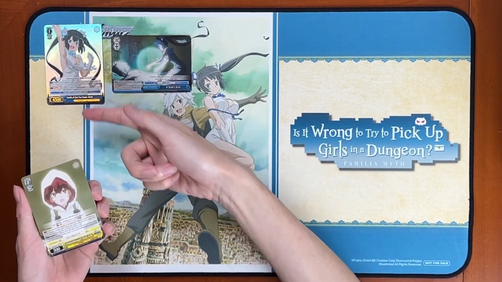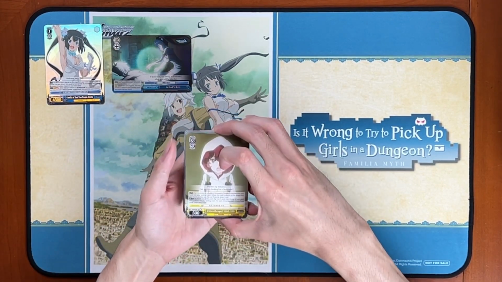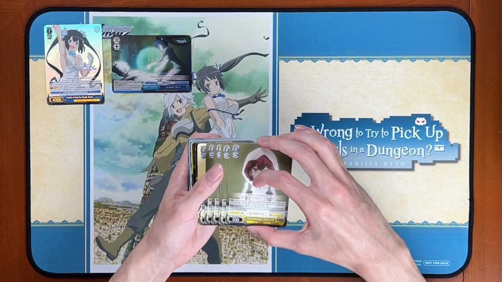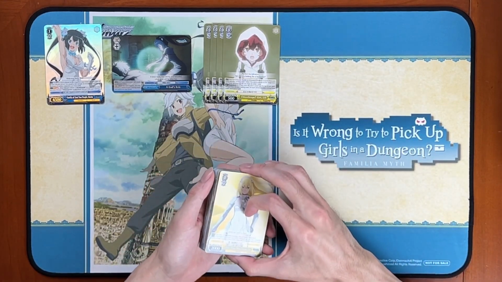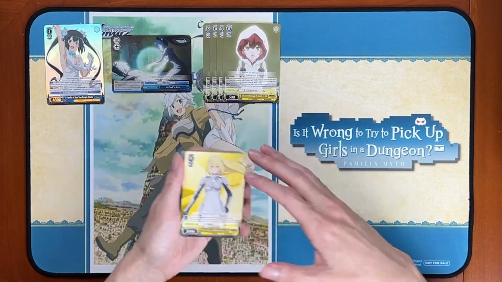As you guys can see, this is a 2-color trial deck. We have both yellow and blue. So for our Brainstorm in the trial deck, we have 4 copies of the Lily. As with all recent trial deck Brainstorms, these are a Brainstorm 5 instead of the older 4,